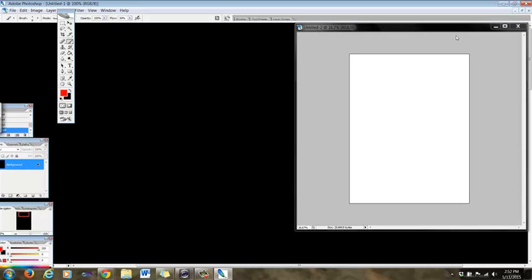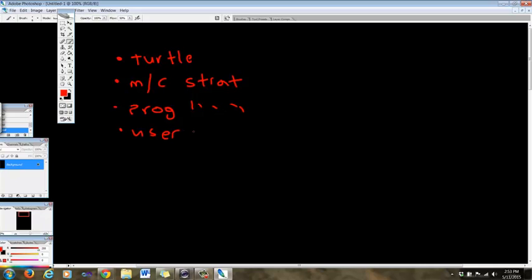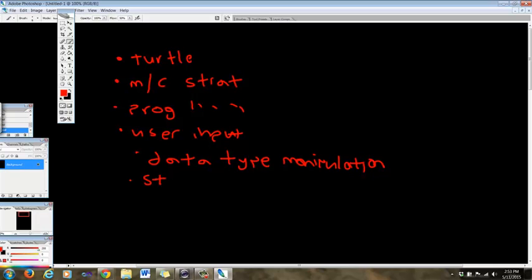Okay, so just to review where we're at now, we went over a lot so far. There are a few distinct things I want to cover. I want to cover turtle, specifically solving turtle questions on the exam. I want to cover multiple choice strategies, and the same thing for the programming strategies. I want to cover user input, data type manipulation, I want to cover strings,